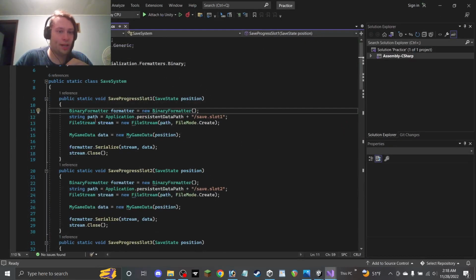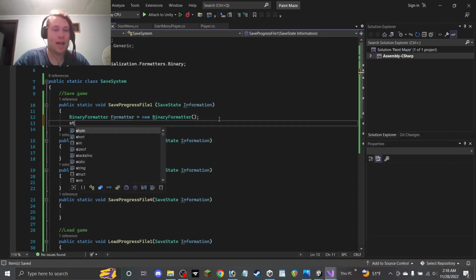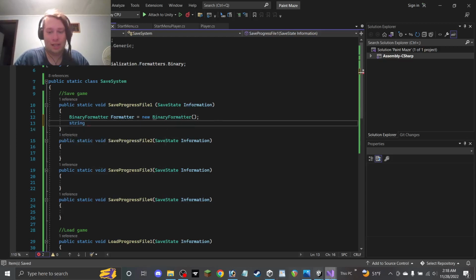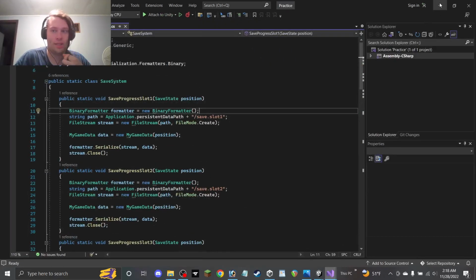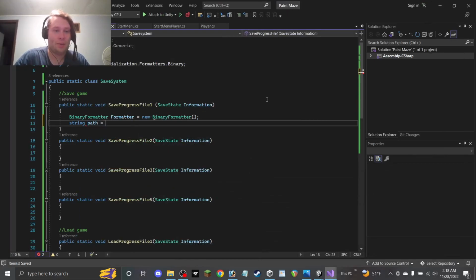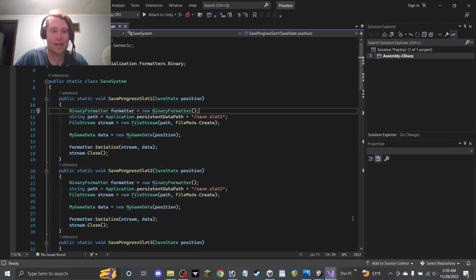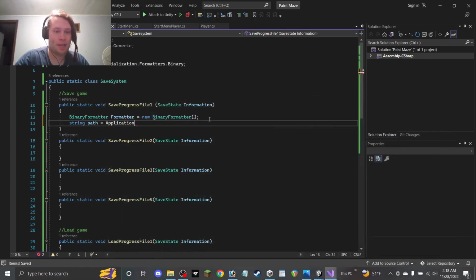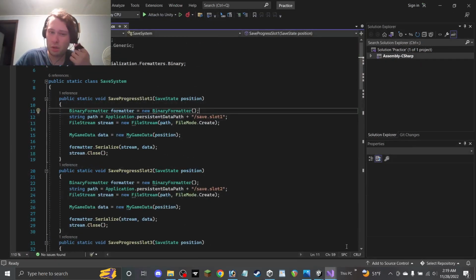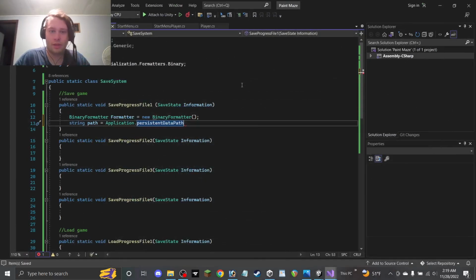And then we got to get a string, which is essentially going to be the name of the save file slot. Application.persistentDataPath is going to be used here. I have no idea what that exactly does. All I know is it allows us to name the thing that we need to have. So alongside that, it was basically just Application.persistentDataPath, right? Was it equal to? No, plus. Plus, and of course the strings,